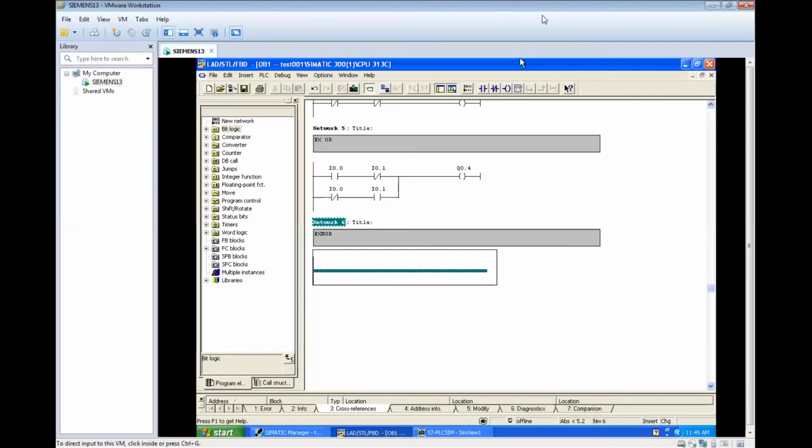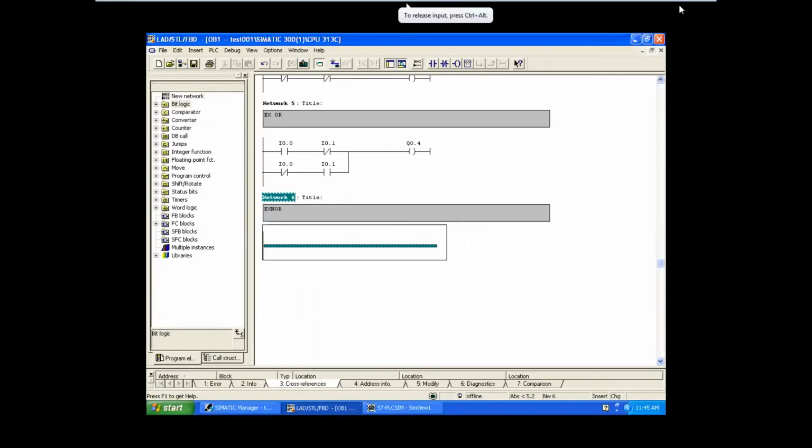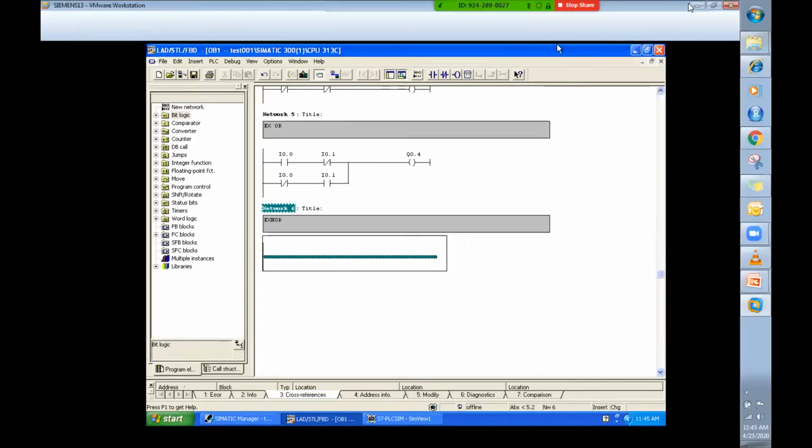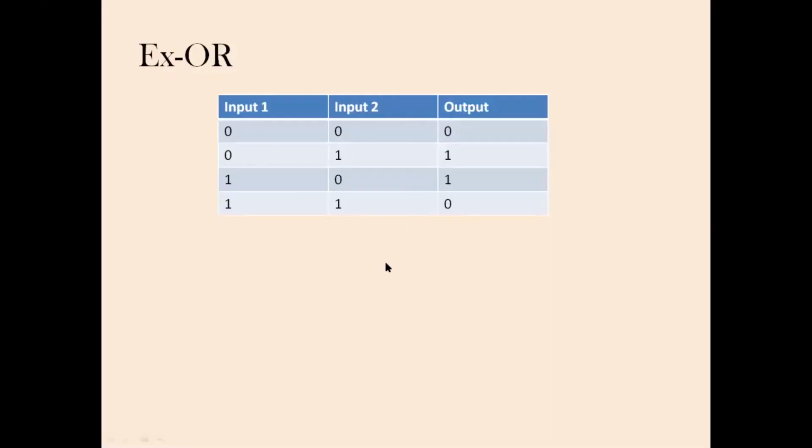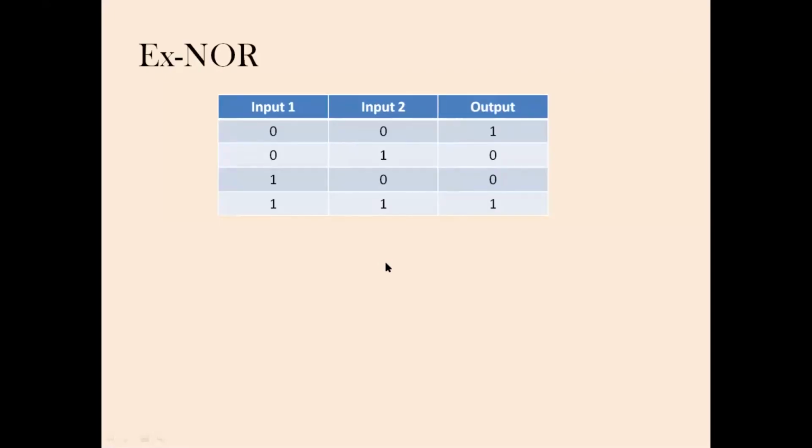So XNOR is just opposite to XOR. 0 0 is 1, 0 1 is 0, 1 0 is again 0, 1 1 is 1. So first and last cases are having 1 and the remaining 2 are having 0. Fine.